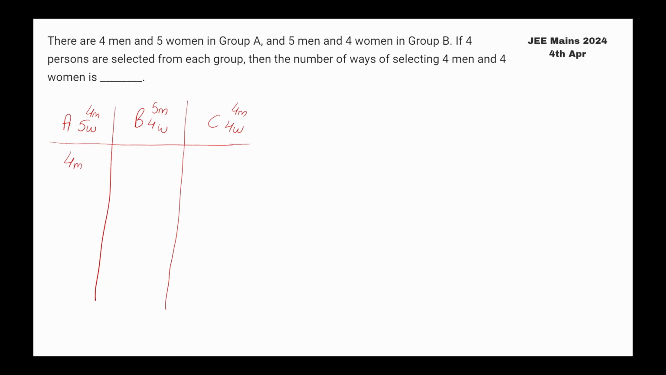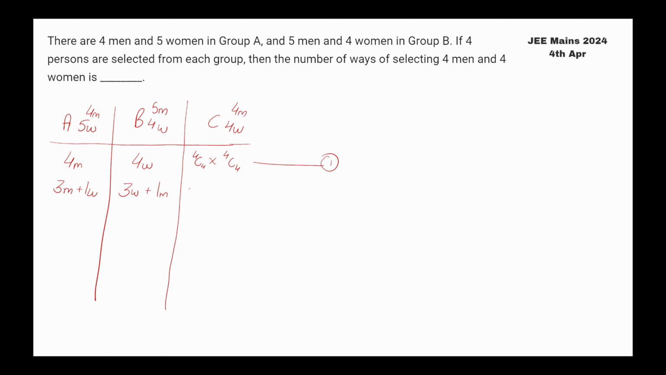First case would be I'll take 4 men from here. I'll take 4 women from here. So this would become 4C4 into 4C4. This would basically be 1. I can take 3 men from here and 1 woman from here. And I can take 3 women from here and 1 man from here. So I would basically have,